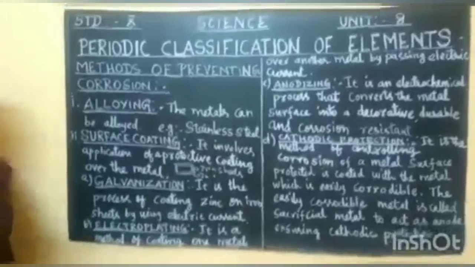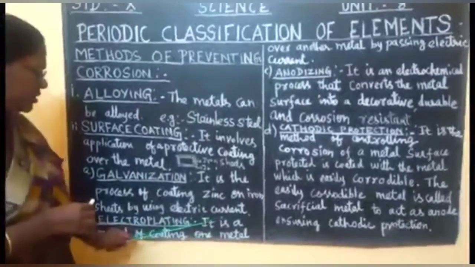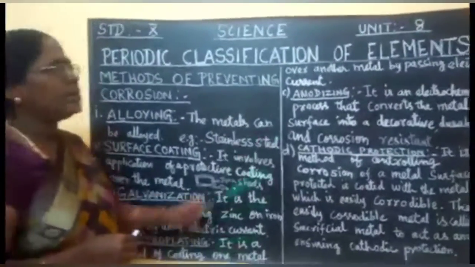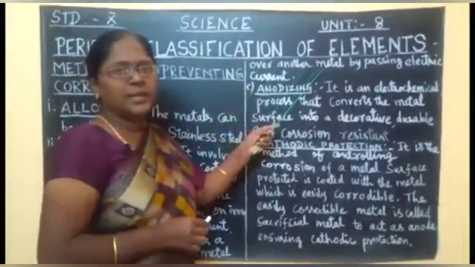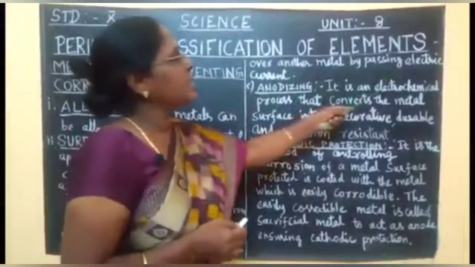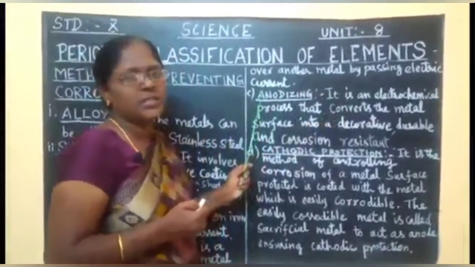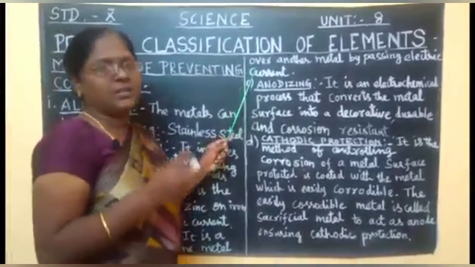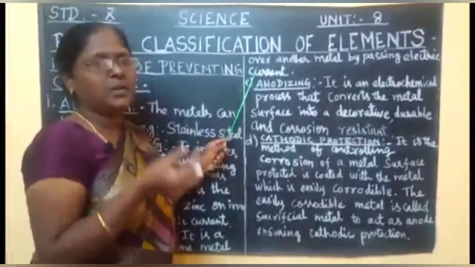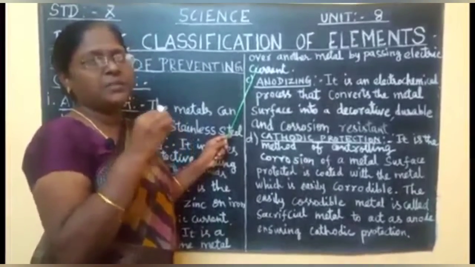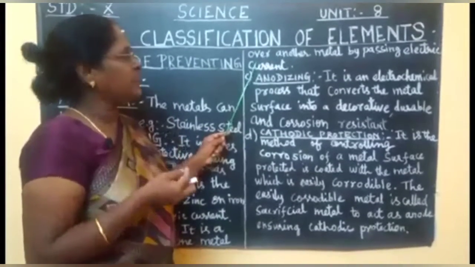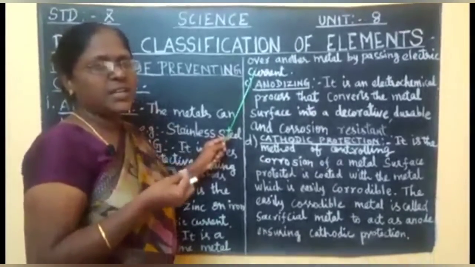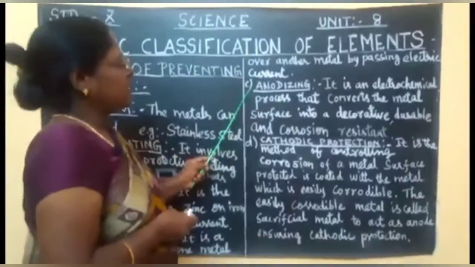Next, plating. It is a method of coating one metal over another metal by passing electric current. This is called as electroplating. For example, silver. Silver is the base metal. Over this we are coating with the help of gold. So after electroplating, the silver material is looking like gold. Next one is